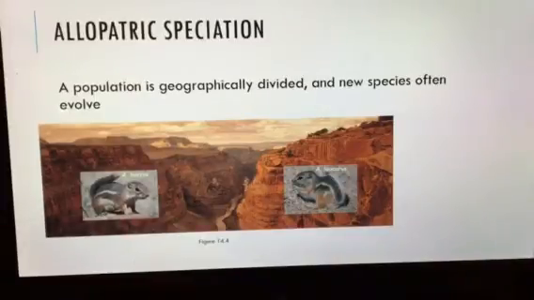Or if they do breed, their offspring isn't viable. So what does it mean to be not viable? It means either the offspring isn't going to live, or the offspring is going to be sterile. Now, the offspring might live, but it might not live for very long. Again, not viable. It's not able to produce offspring on its own. And so that's what we're looking for when we talk about a brand new species.